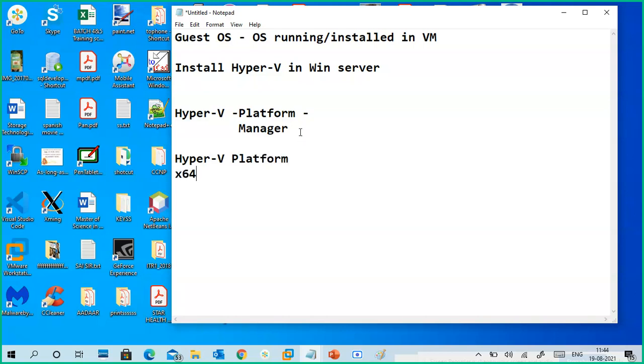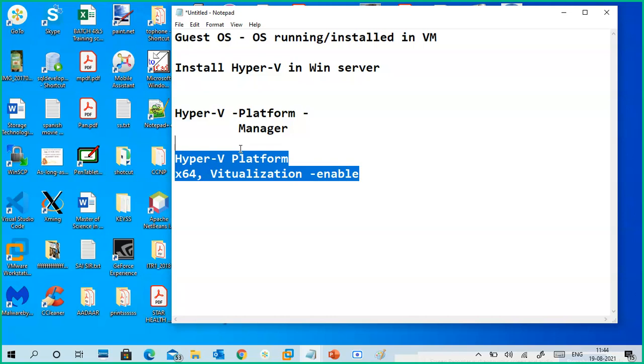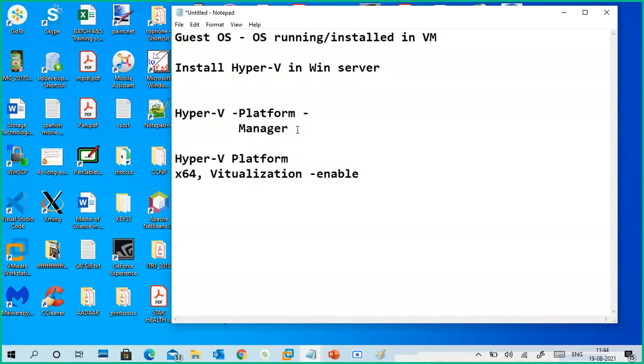The conditions are: 64-bit is compulsory. If you are using Windows 8 or Windows 10, 64-bit is compulsory. Next, virtualization must be enabled. These two things must be there. And of course, Professional or Enterprise edition of Windows 10, or Windows 8 or 8.1, is compulsory to install the platform.